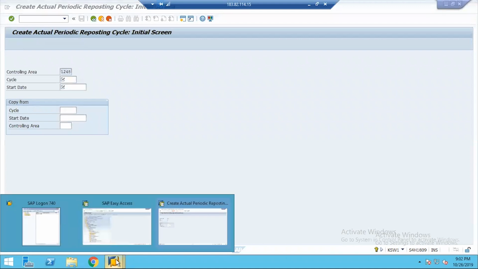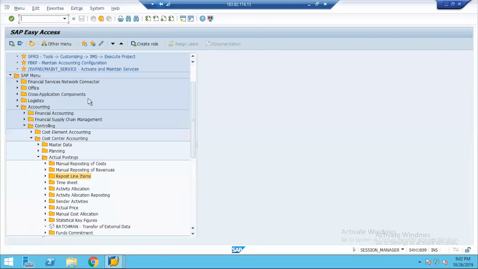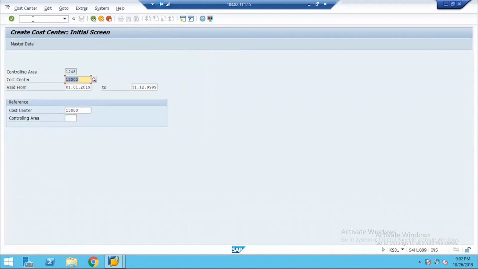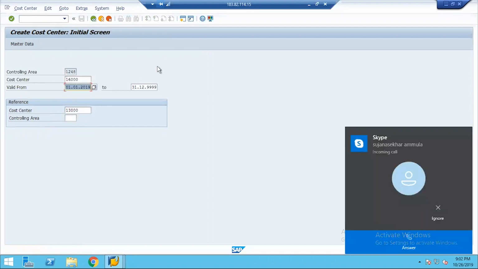Before I get into that, let me create a few cost centers so that the calculation can be seen clearly. So 16,000, 16,000,